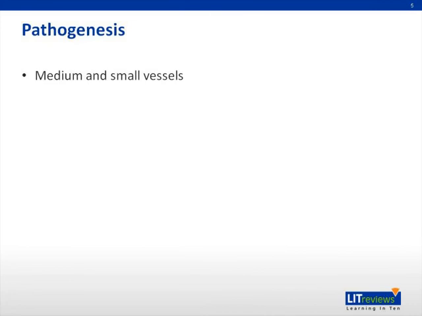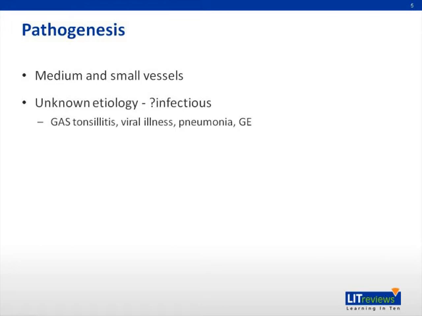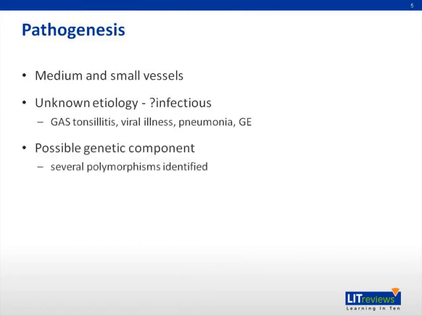Kawasaki disease is a vasculitis of the medium and small vessels. What exactly causes it is still unknown, although an association with infection is suspected. Up to 1/3 of the cases are associated with an identified infection, such as Group A strep tonsillitis, viral illness, pneumonia, and gastroenteritis. There may also be a genetic component to developing Kawasaki, and several potential gene polymorphisms have been